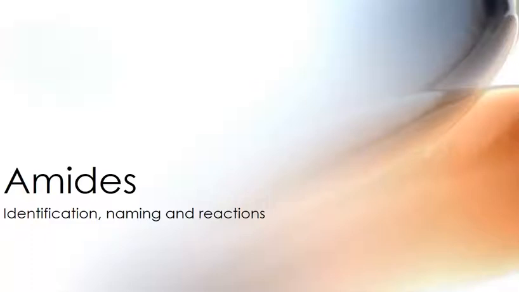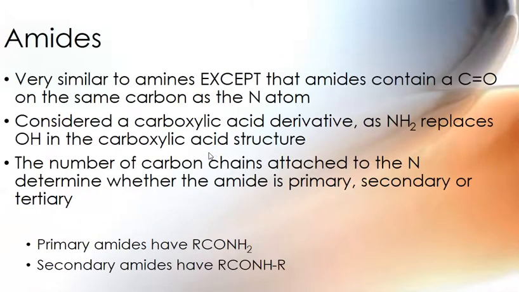So the first thing to be aware of is that amides are like a combination of an amine and a carboxylic acid. So it's a carboxylic acid derivative. If you can picture a carboxylic acid, you've got the double bond O, the OH. If you take away the OH and put on a nitrogen group, an NH2 or similar, then you have an